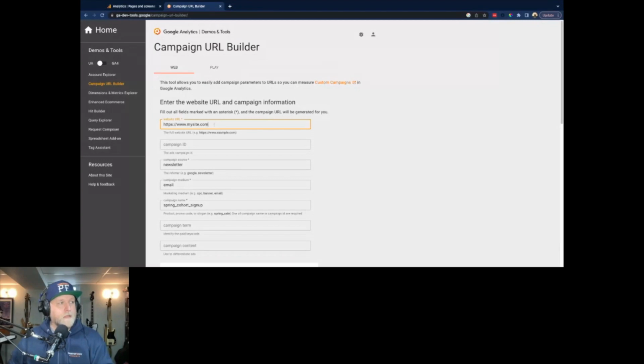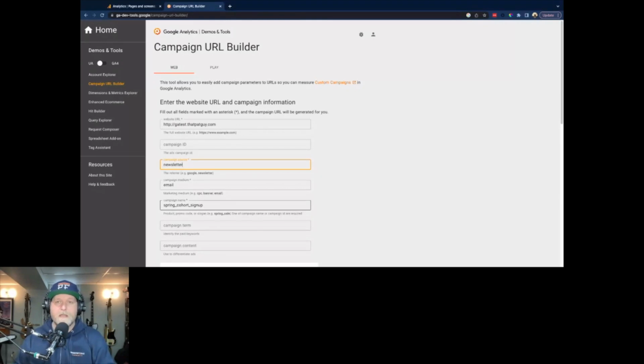So I'm going to add in my website. And what I'm going to do now is I'm going to fill out the campaign source, the campaign medium, and the campaign name into this form. And you know what? I'm actually going to leave source and medium as is, because I'm going to pretend, for the sake of this example, that I am going to be taking this link and putting it into a newsletter that I'm going to email out to all of my members. My campaign name, geez, they've even filled out one that makes sense. Spring cohort sign up. Maybe I've got a training session that we're going to be running for the spring. This is the email that we're sending out, the newsletter that we're sending out to try and get people to